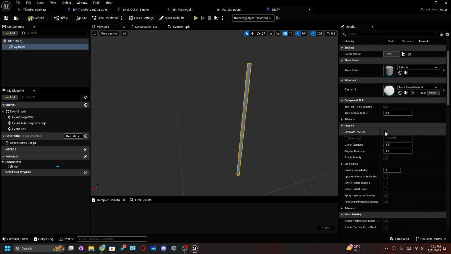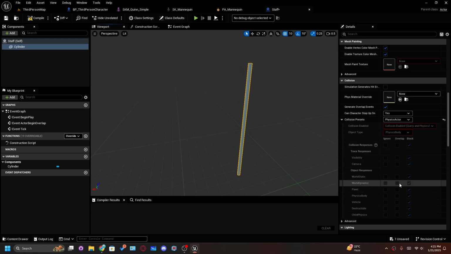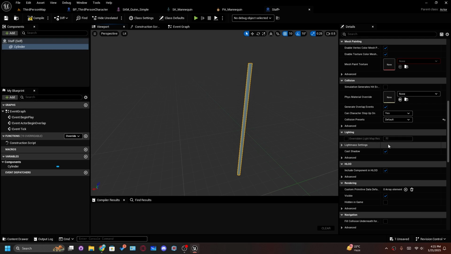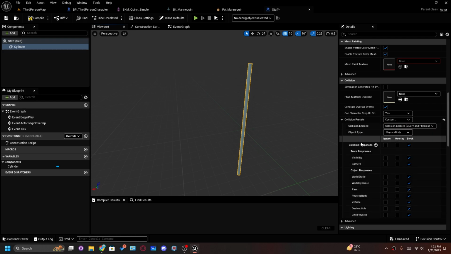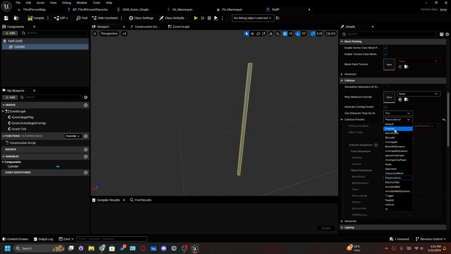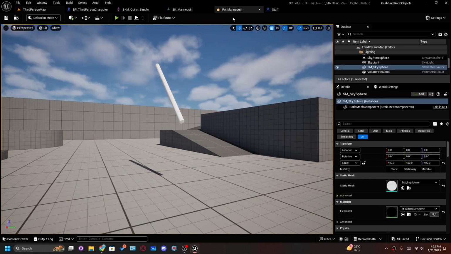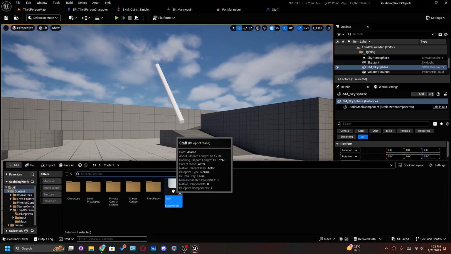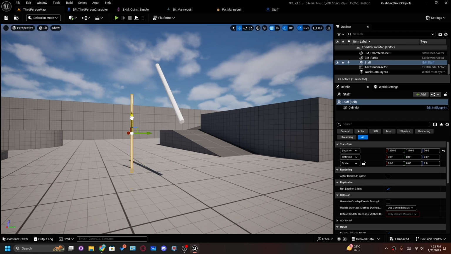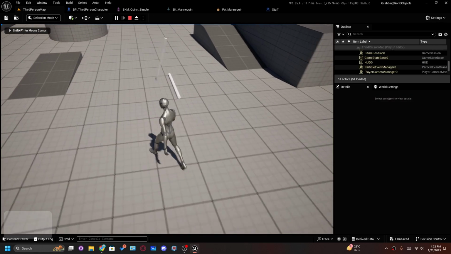Then go to physics and simulate physics. Mass is going to be 100. In collision preset is going to go to custom. Let's first select the physics actor, then go back to custom, and then we don't want the camera to be here. Then save everything and put this stick in the world. Now if we play, we have these two things,